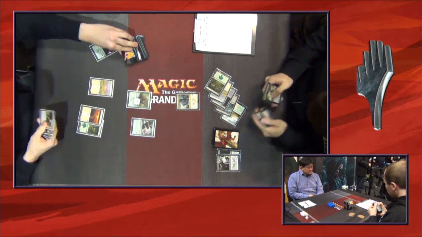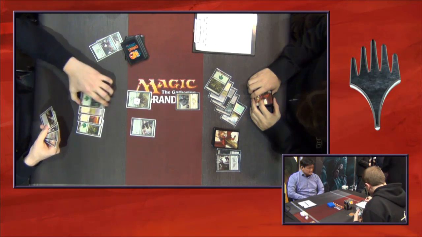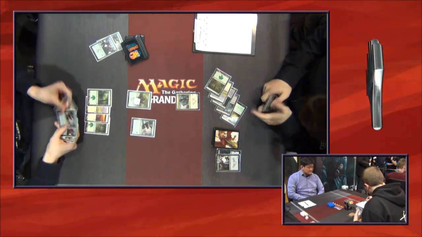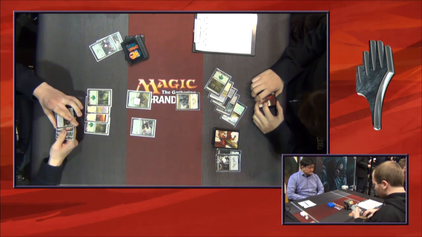Oof, but he does. There's a triple Alpine Grizzly. There's a Valorous Stance as well. Nicolas Blohon. I see why he was happy about that. Yeah, that's a perfect answer to the otherwise very huge Ivory Tusk Fortress from